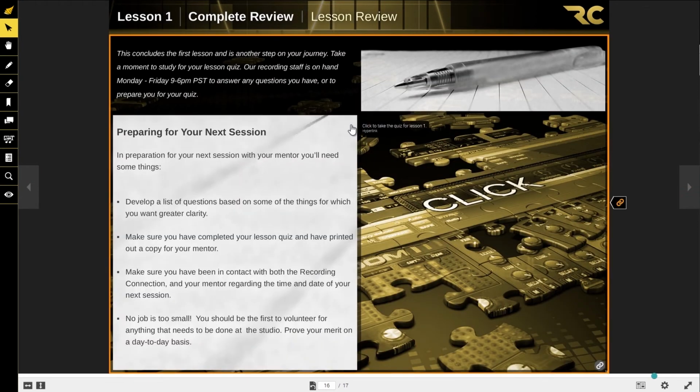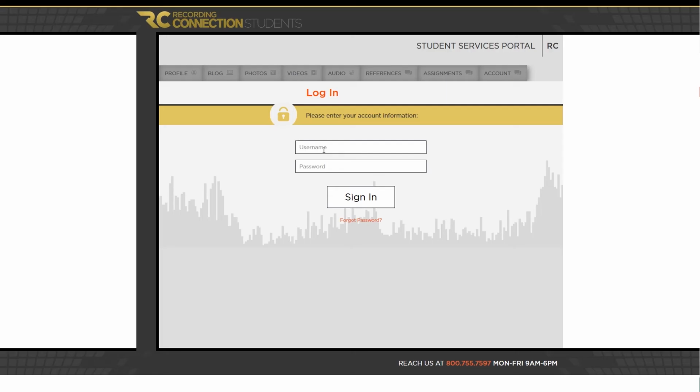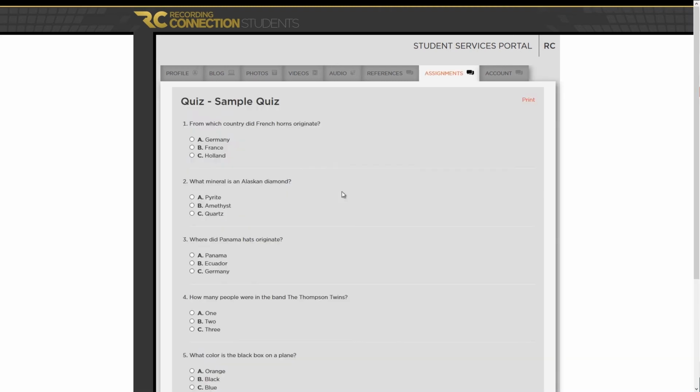Okay, the last thing that we're going to cover would be your testing and your blog entry. The way that this works is it's just like any other hotspot. You can click it, and then you're asked to log in to your student portal. You're given that student portal login information right around the time you did your enrollment. So if you don't have that information, obviously you want to make sure you get that from your student services representative. But you go ahead and enter your student services login information, and then once you log in, you're able to go to